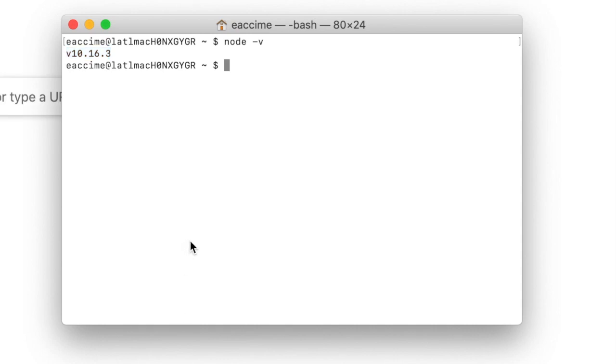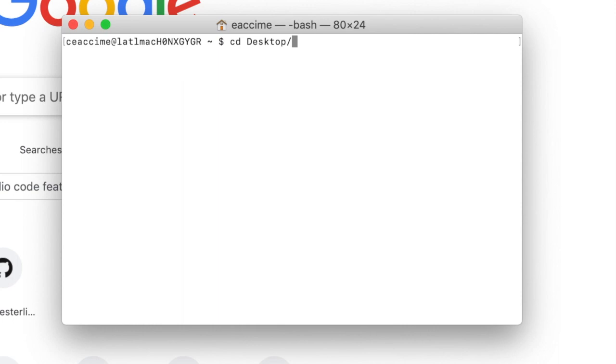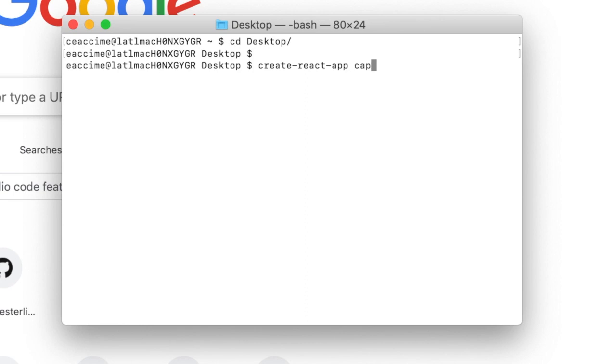So first thing first, navigate to wherever you have your terminal. And I'm going to navigate inside the desktop folder and I'm going to use the Create React App to create a React application called Cat App. Again, you can feel free to name this whatever you want. In my case, I just give this one a name called Cat App and I'm using the Create React App